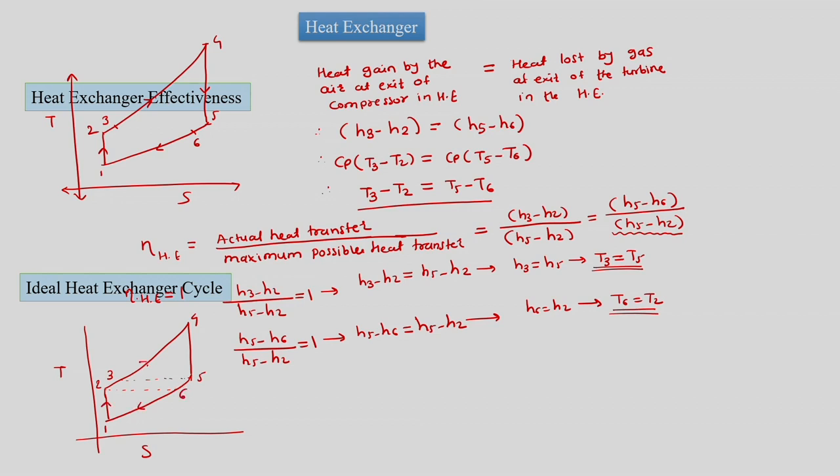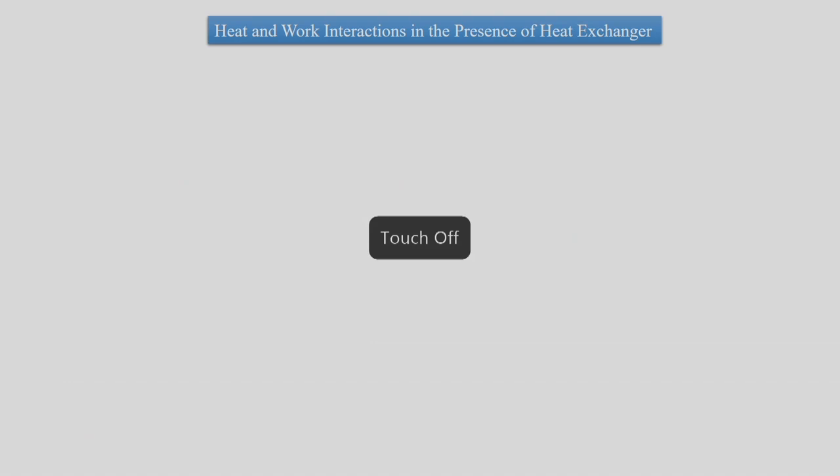So this is how the ideal heat exchanger based Brayton cycle would look. Then let us move ahead and find out the work interaction and heat interaction